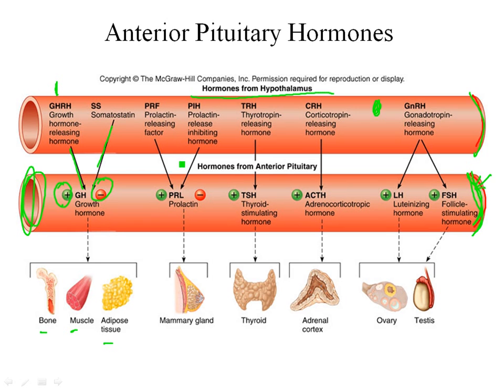Prolactin releasing factor from the hypothalamus has a stimulating effect. So it causes the anterior pituitary to release prolactin, which targets the breast. Prolactin inhibiting factor from the hypothalamus tells the anterior pituitary, don't release prolactin. Thyrotropin releasing hormone from the hypothalamus targets the anterior pituitary and tells it to release thyroid stimulating hormone, which then targets the thyroid gland and tells it to release